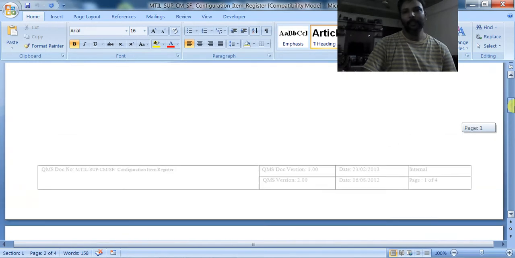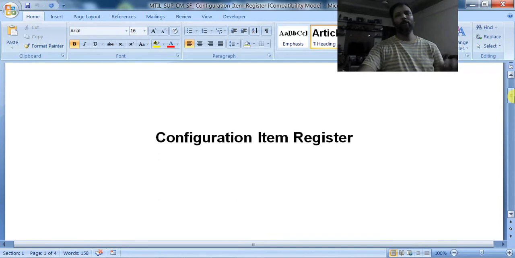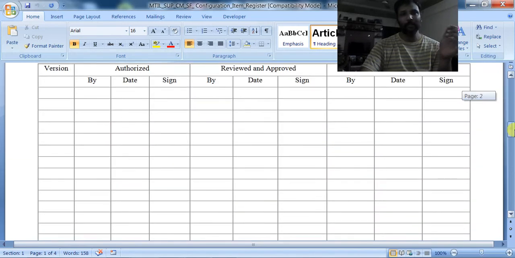This is for every document, for every configurable item. This configuration item register is maintained separately, or they can maintain it as a whole one.